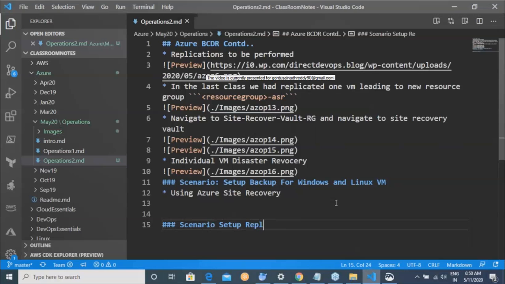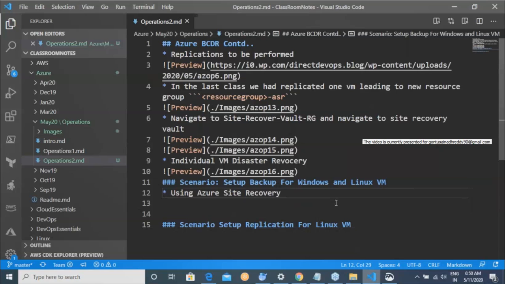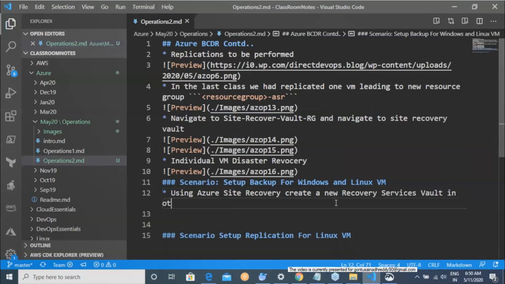Setup replication for Linux VM using Azure Site Recovery, create a new recovery services vault in other region. So it is always a good habit to do the individual backup of one VM and then use that for all the other VMs, right?